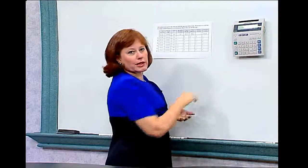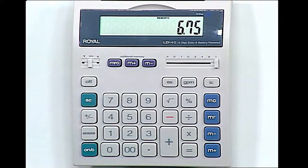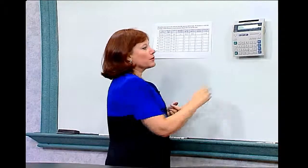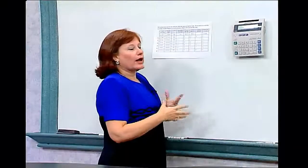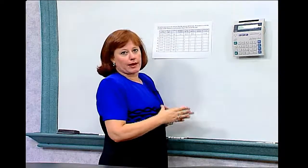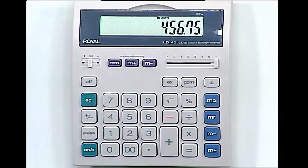Now I'm going to use my memory keys to help me a little bit with this problem, and I'm going to add that to the memory, because I know that's the cost of the loan in the first month. I'm also going to put in $450 because that was the original cost of the loan. So now I have in the memory all of the amounts that I have to pay to the credit card company. And when I recall, I see that I owe the company